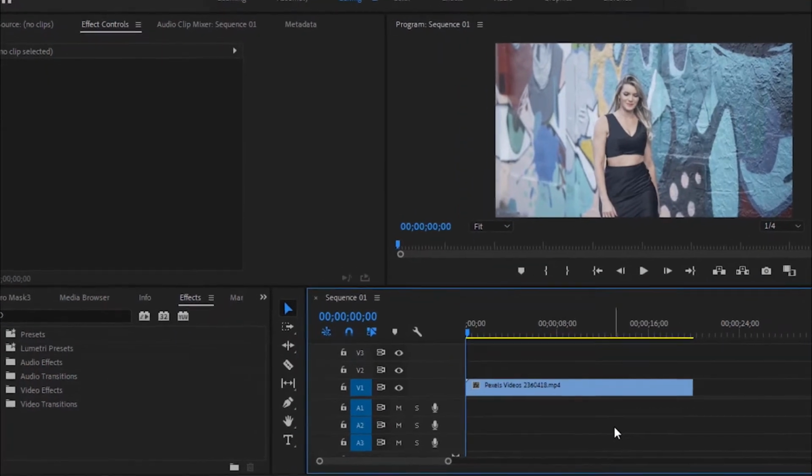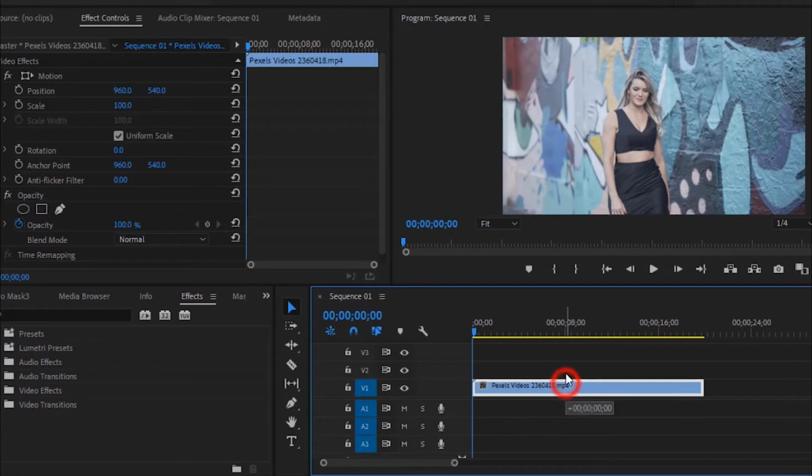Firstly, we will create a copy of the clip by pressing Alt and dragging the clip upwards. Now, we have two copies of the same clip, one above the other. Now hide the bottom clip by pressing the I button. Select the first clip